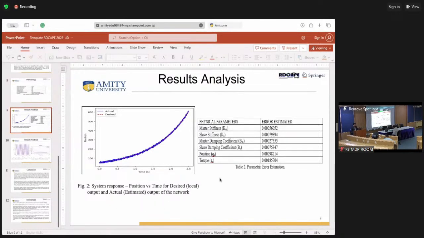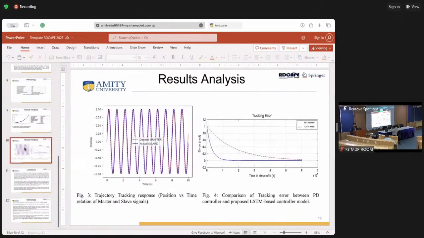These are the parameters we have to check: master stiffness, slave stiffness, master damping coefficient, slave damping coefficient, and position and torque. For the parameter error estimation, we have to plot the delta theta curve, desired and actual. And we have to compare the tracking error between the PD controller and LSTM,